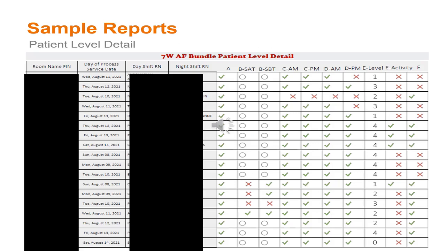We also provided a patient-level detail view of the compliance reports per week. The detail included patient name, date, who the clinical staff were assigned to that patient, and whether they were compliant that day with any given element. A green check mark meant that patient received the protocol for that element. A red X meant they did not receive the full protocol, and a gray circle meant there was no documentation